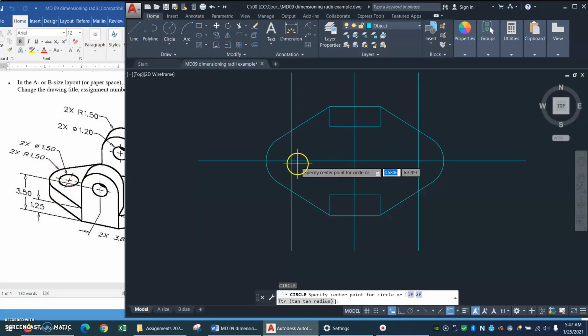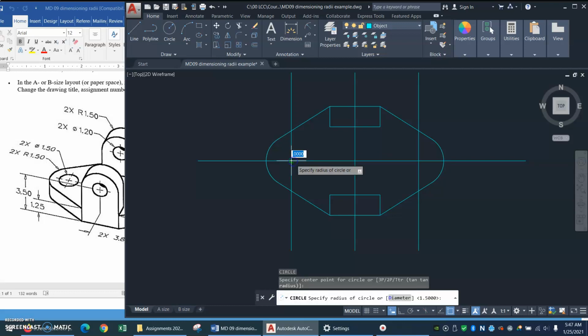C for circle. And again, watch out for what point you're on. You don't want some random thing. You want the intersection. Make sure that shows up. Now, if I just happily go, oh, look, there's my 1.5, that's what I want, and I just hit enter, I will have a problem. That's twice as big as it should be,